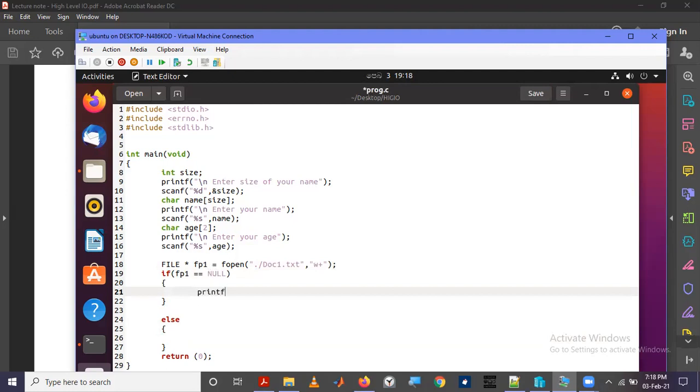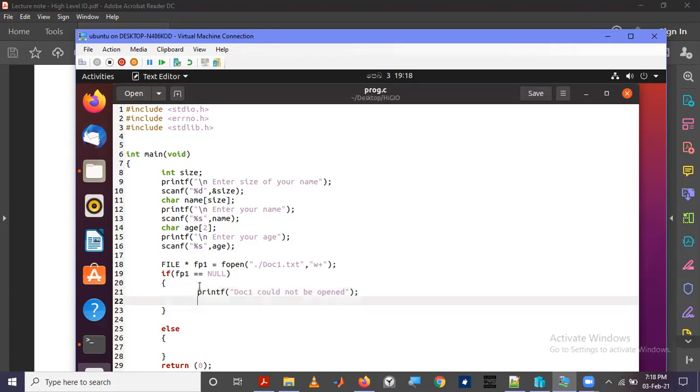If there was an error, then file pointer will point to null. Then we'll print to screen: doc1 could not be opened. And we print the error using perror. We'll first say it is document 1. Then the corresponding error will be printed.